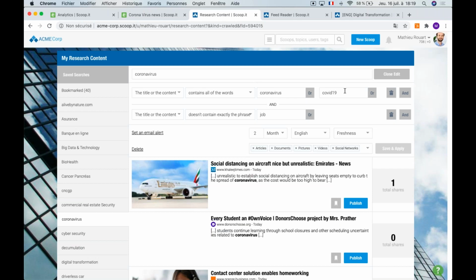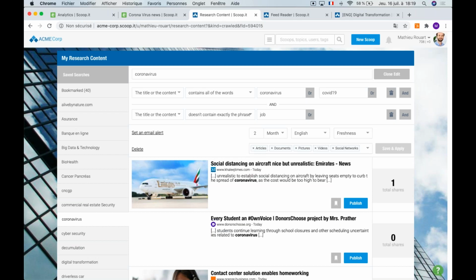And we've also chosen to include that our search doesn't contain exactly the phrase job within the title or the content. So any article that links a job to coronavirus will not appear in the search results. We've chosen a time frame of 2 months, and we're only looking for articles in English, and are sorted by freshness.